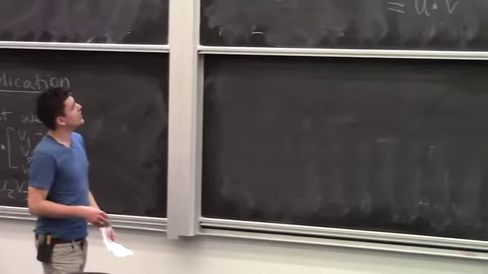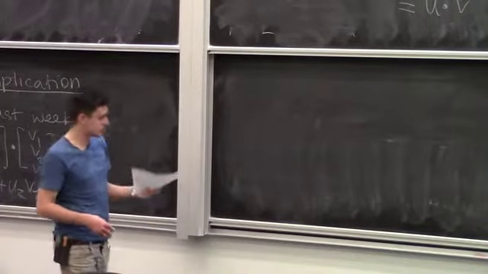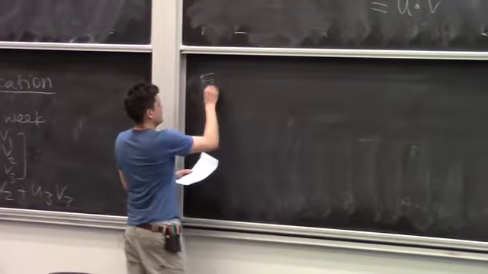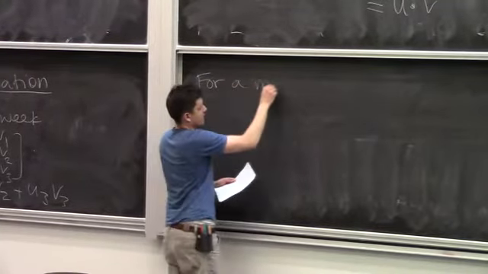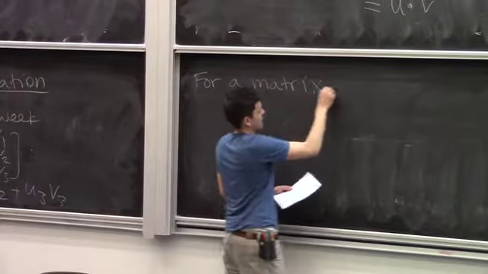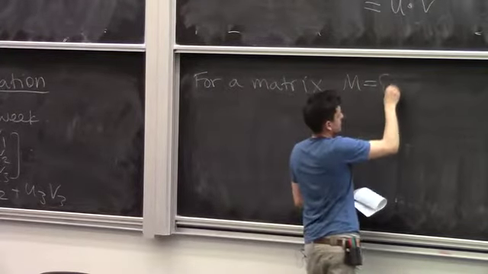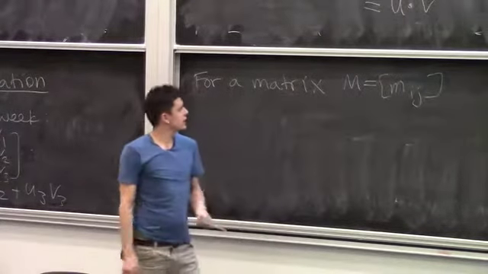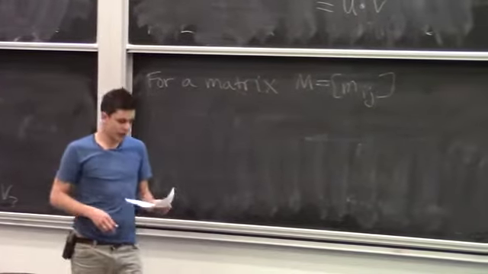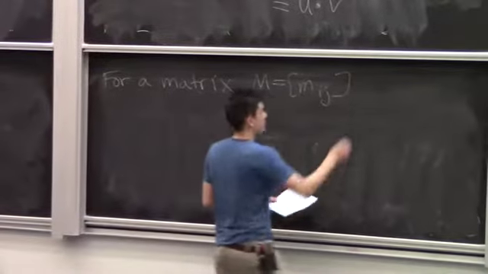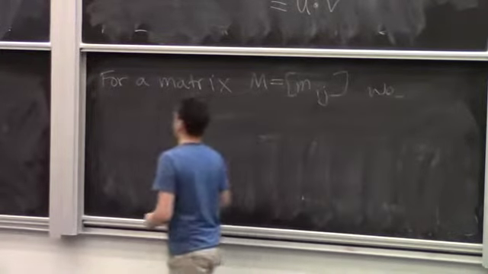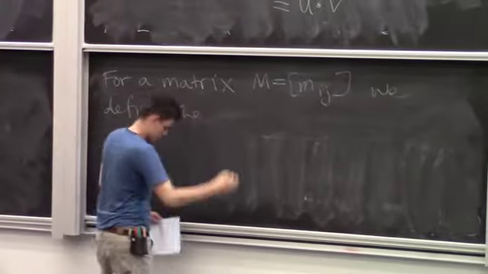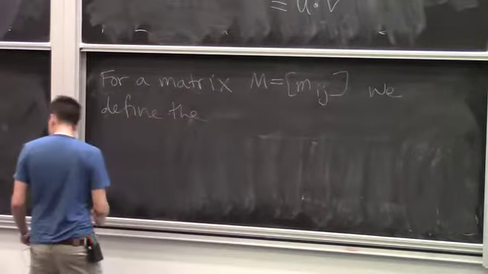We're going to define matrix multiplication so that this happens. So our matrix M, which has entries ij, we define